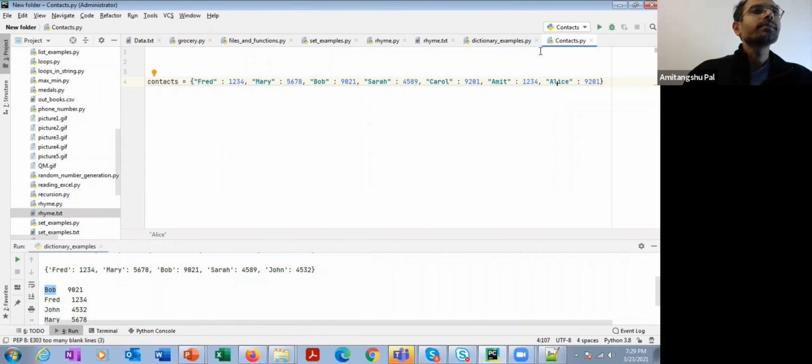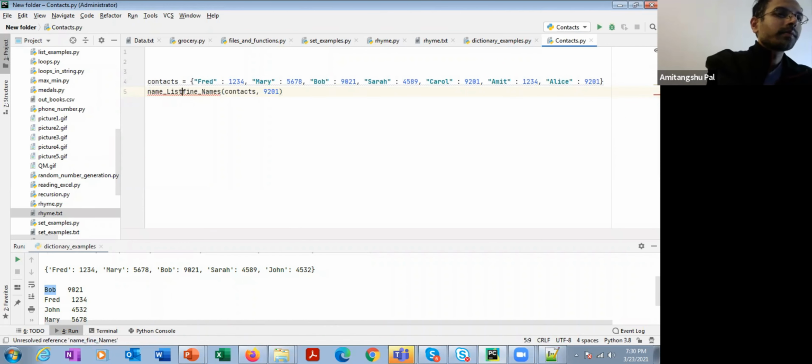So from this dictionary, I want to write a function called, say, find names. Find the names of the employees that have a particular contact extension, say 9201. This is going to return a list, because there may be multiple employees who share the same number.